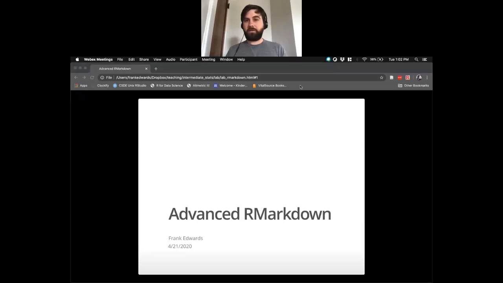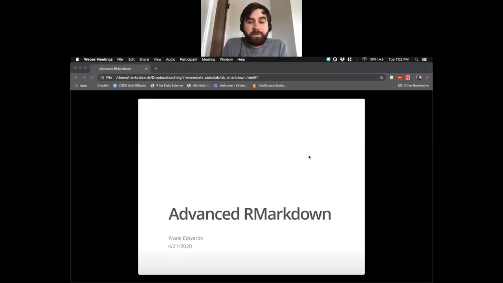Today, we are going to cover some advanced topics in RMarkdown. RMarkdown is great, as hopefully some of you are starting to believe me, despite making you learn multiple forms of coding simultaneously. It's a really useful tool, and it's useful because it's flexible. And in effect, if most of your work is going to be quantitative and is going to be using R,